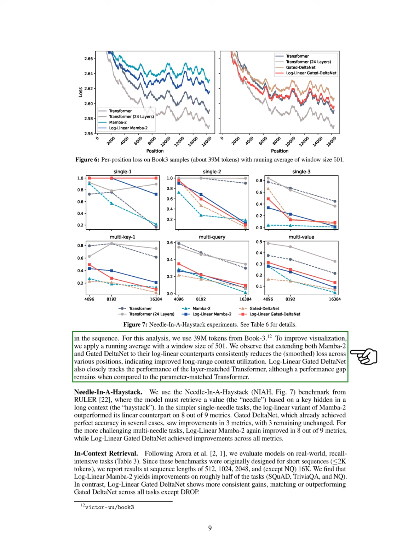Finally, we assess the models on LongBench and find that both log-linear Mamba 2 and gated DeltaNet outperform the baseline in most evaluation tasks. In our discussion, we note that while log-linear attention shows improvements in many cases, there are still tasks where it does not surpass linear attention. Due to resource limitations, we could not explore different parameter settings, which might yield better results. We also recognize a significant performance gap compared to transformers across all benchmarks.